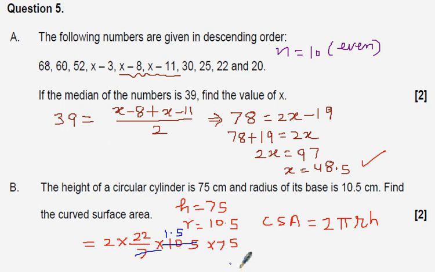Okay, and then you can multiply them. If I multiply, I'll do 2 into this will become 3. 3 into 22 is 66, and 66 into 75. So when you multiply, you get 4950. I am not wasting your time in calculation. You can do by yourself. Okay, try. I am teaching you correct formula with correct substitution.